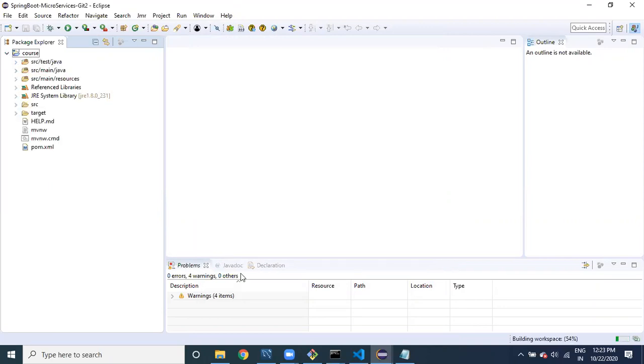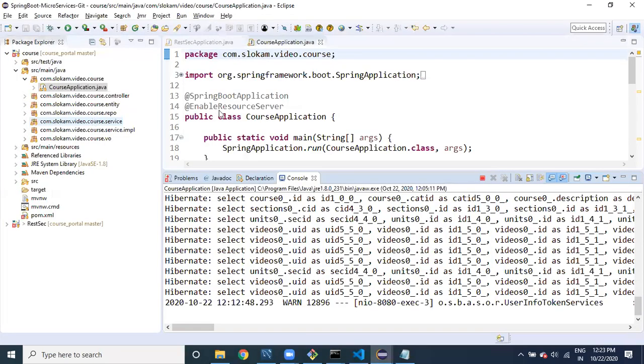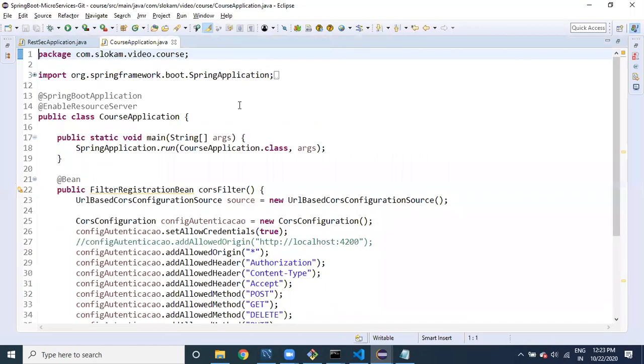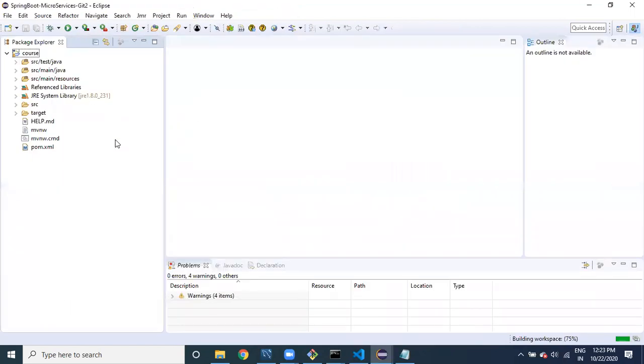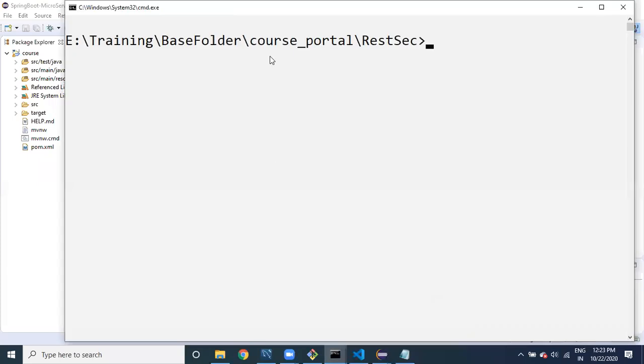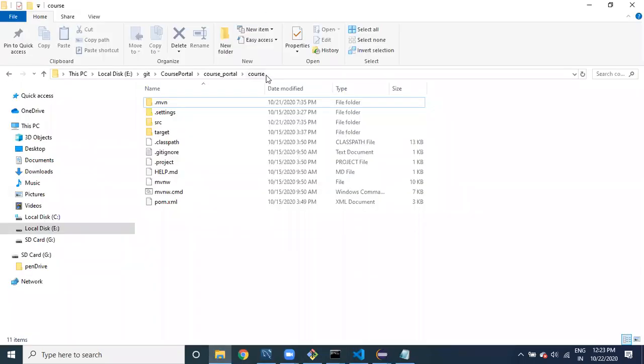Now two Eclipses. This is the first Eclipse. In the course, I will do some changes. This is the base folder, right? And another one, go to the codes folder, codes portal.